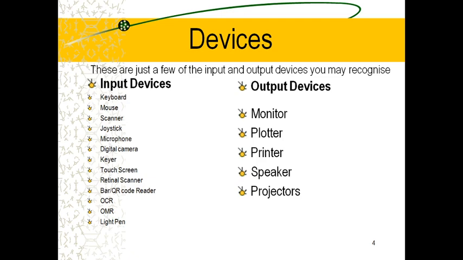The first one is keyboard. One of the most commonly used input devices in the world is called the keyboard. With the help of the keyboard we can give input to the computer. It may be numbers, characters, whatever it may be. The keyboard has individual keys for letters, numbers as well as special characters, collectively known as character keys.